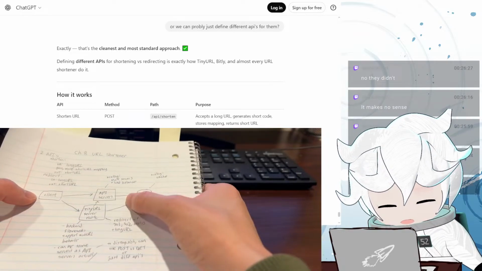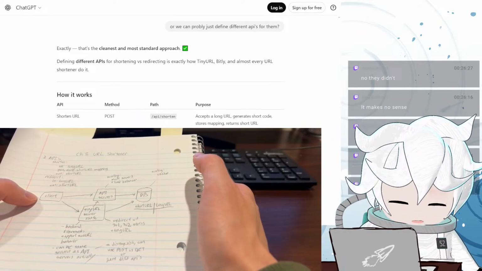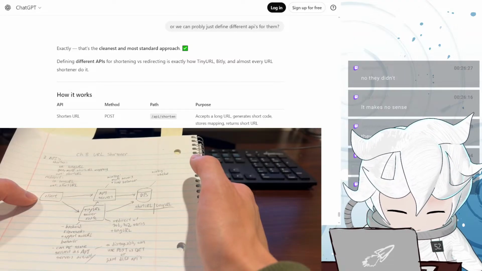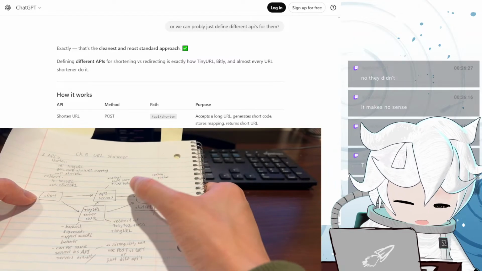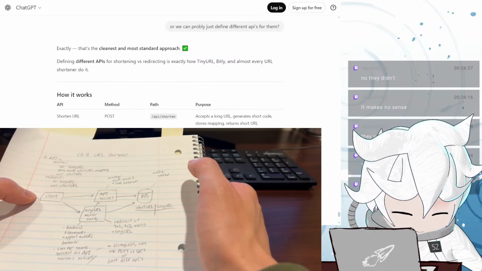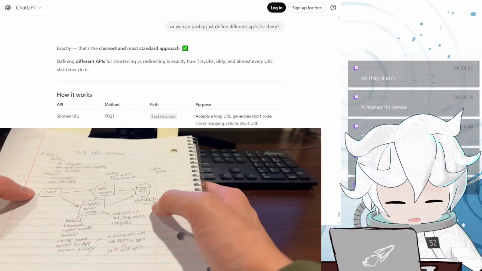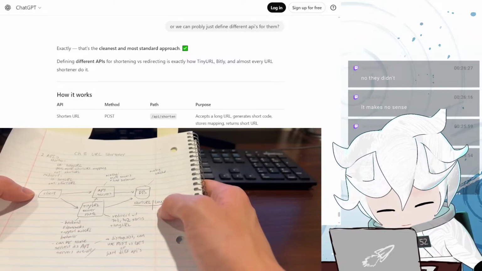One API call can just be to make the tiny URL. In this case, we would make some sort of hash function to make the short URL and then store in the DB where we store the short URL versus long URL.